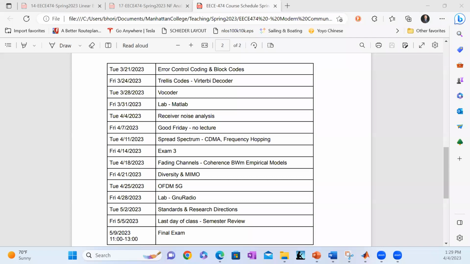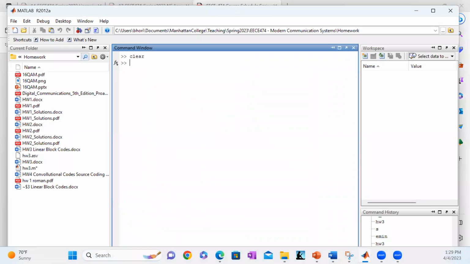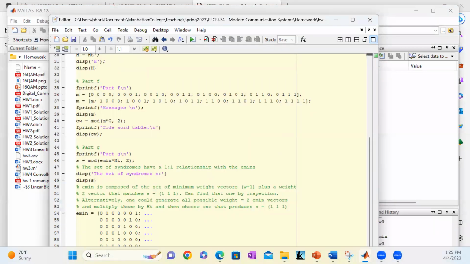Okay, so now I'll share my screen again, but now jump over to our MATLAB type stuff. All right, so this is maybe